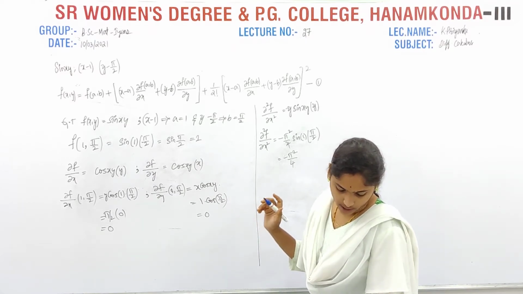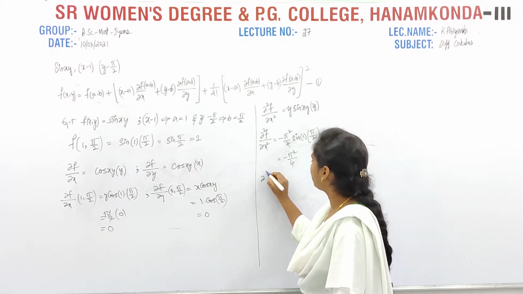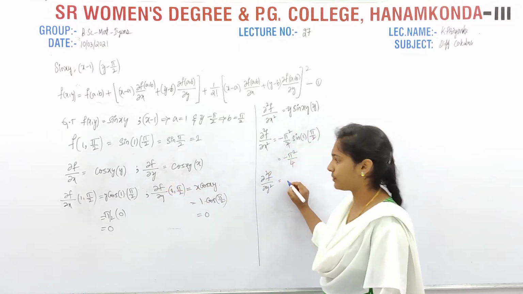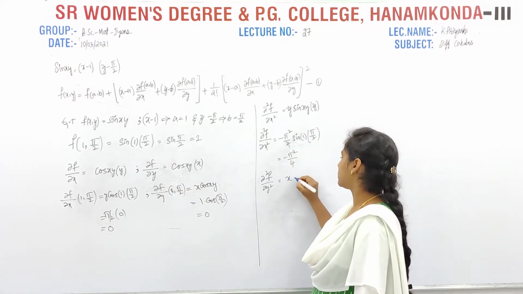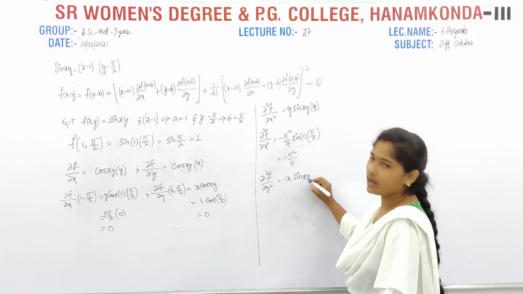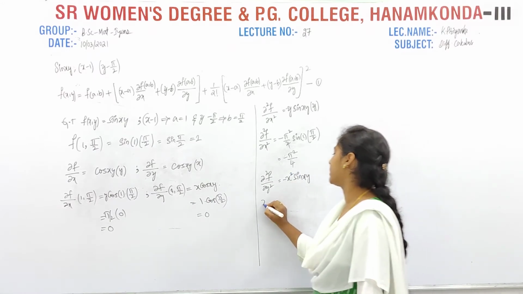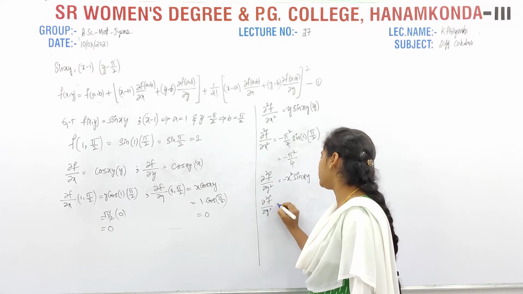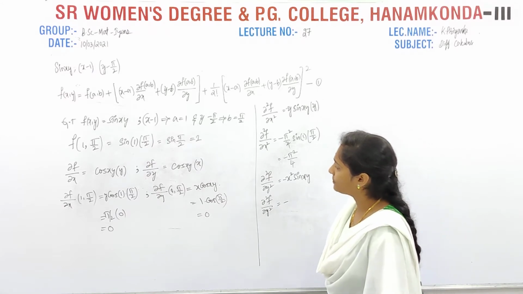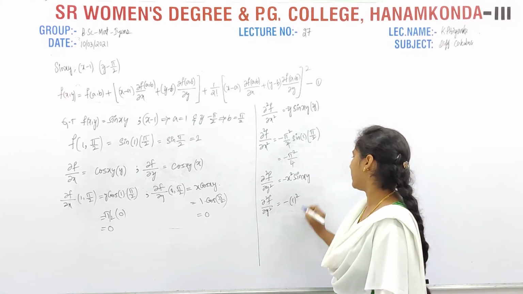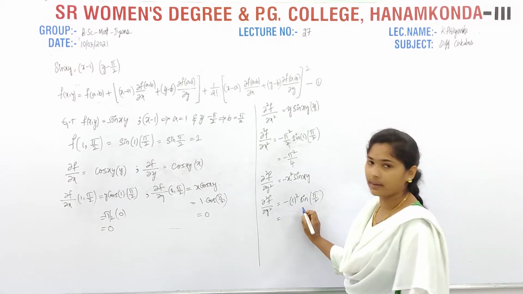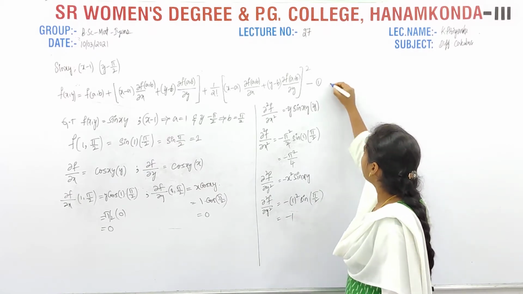The next value is nothing but ∂²f/∂y². Now here I have the value x into cos xy. Now differentiate with respect to y. Then x into minus sin xy into x. So that's why here x square. Now at the given point (a, b), the value is nothing but minus of x square. What is x square here? Simply 1 square sine of pi by 2. Now minus 1, sine pi by 2 is 1. So minus 1 simply.